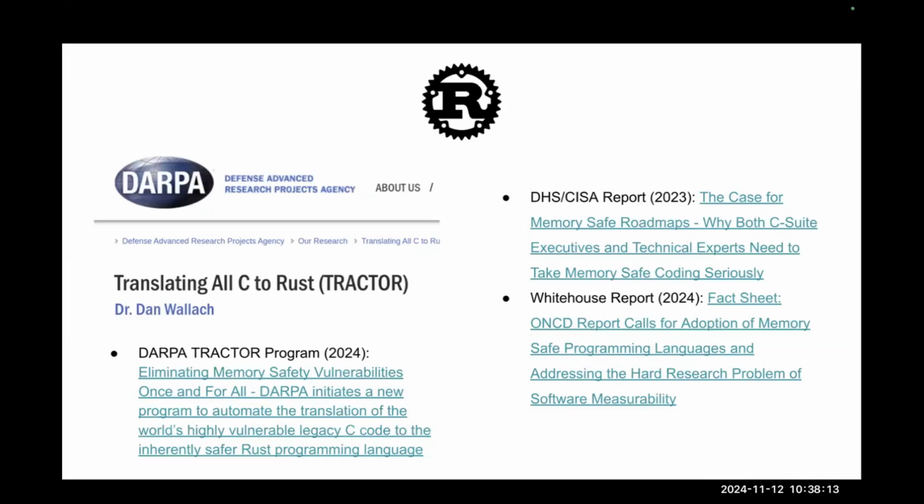And also in 2024, there is a white paper report. Probably some of you also read about it. It's just a couple lines of statement saying that Rust, compared to C or C++, is ready for taking care of some of the software issues, but it's not ready yet, in the sense that we don't have a large enough ecosystem like Python or C to turn Rust into a foundation for building